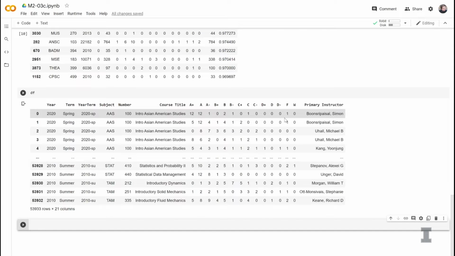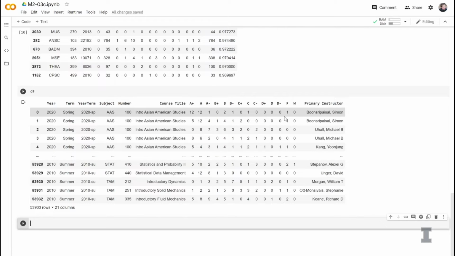This data set is set up in a way that's going to be a little helpful for us because we could do a complex conditional where we say the year is equal to 2019 and the term is equal to spring, but we also have this year term, right? Right. And what's the format of year term? So it's the year dash SP for spring and SU for summer, and I'm guessing FA for fall. Yeah, so we're going to go ahead and just do a simple conditional using this year term field.